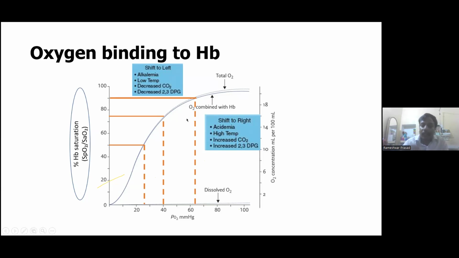Therefore, hemoglobin will easily give away its oxygen to the tissue, because tissue will need more oxygen at lower pressure. This is all about